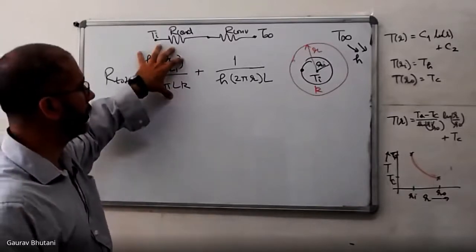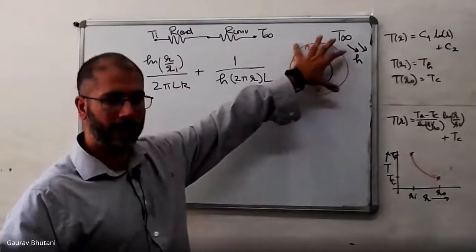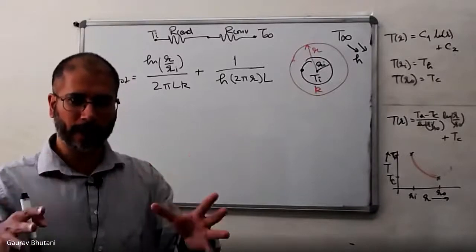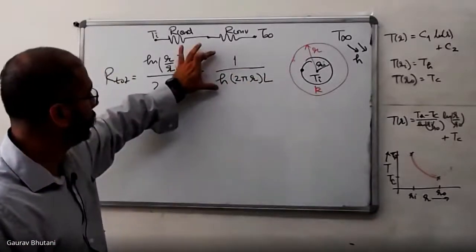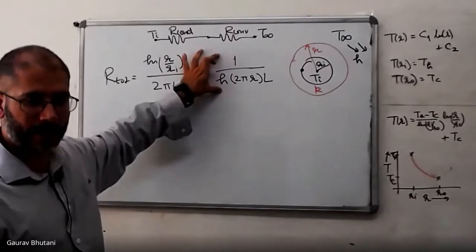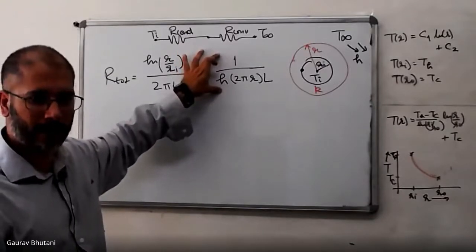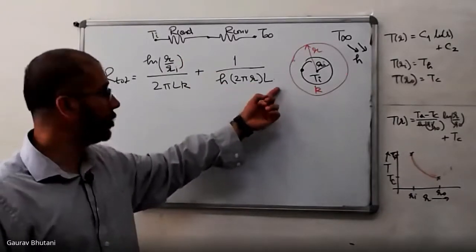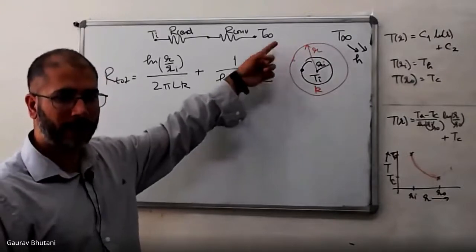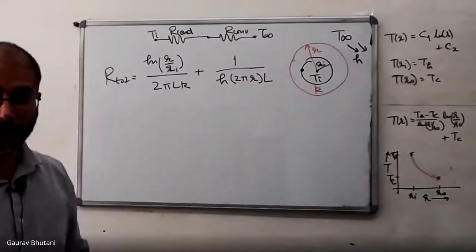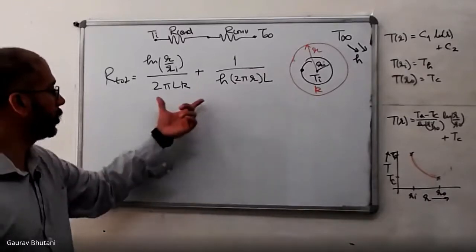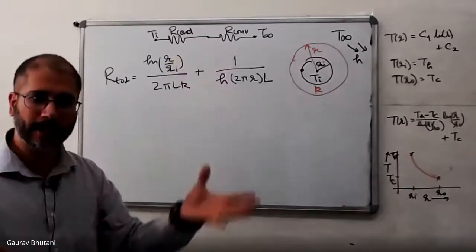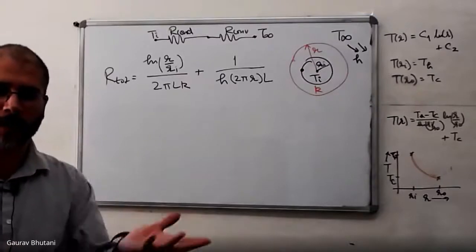But what's happened is, since you put a coating over it, you've given it more area. See, it's a different coordinate system. It's the cylindrical coordinate system. So when you put a coating, you give it more area. So what you've ended up doing is you have reduced your convection resistance. Because when there was no insulation, the only resistance you had was 1 by 2 pi Ri times L. So when you increase your R here, you're reducing your convection resistance. So it could happen that the sum of the two would actually be less than what you had earlier without any insulation, because you were not giving much area for the convection to happen from the surface.